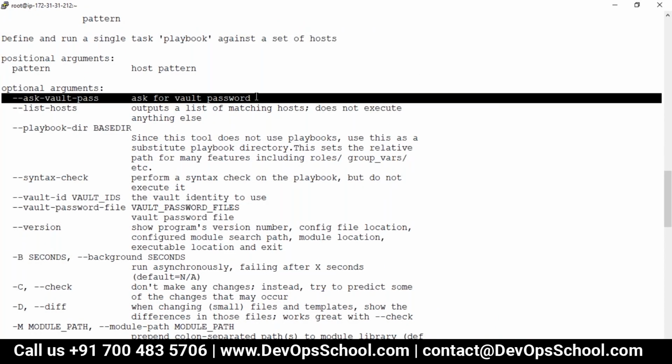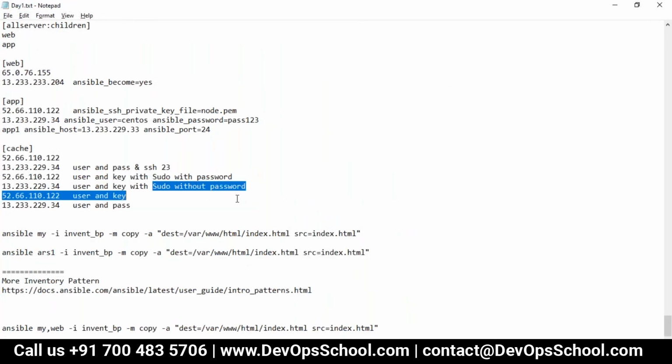So typically your password will be in the encrypted file, and during the runtime you're passing the password. That's one of the methods, by the way. You can also make this without a password by using keys. You know how SSH keys work. So you can make this server authentication without a password by copying the public key in that server and the private key in your ACS server. Those are the two ways you can do that.